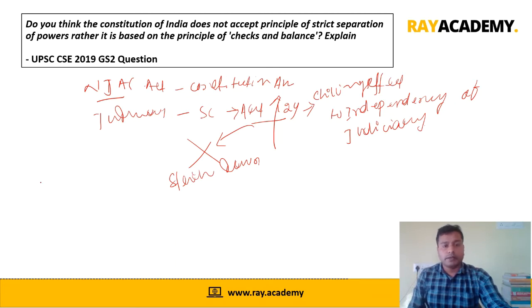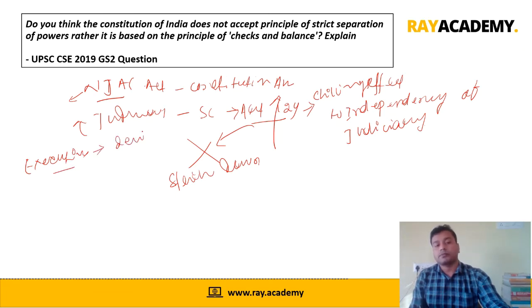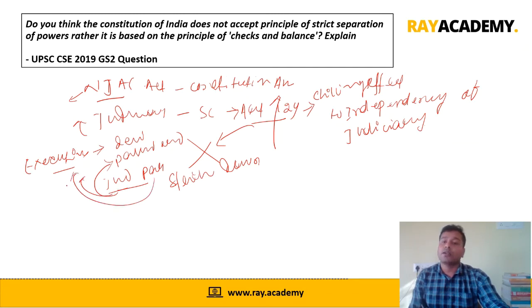On the contrary, there are several acts which are not in accordance with the law or the constitution, and then the judiciary has the power. Let's say the executive has made some decision or passed an order. If the judiciary or the legislature thinks that it is not according to what it is supposed to be, then the judiciary can strike it down, or parliament can pass a law to strike down the order of the executive.